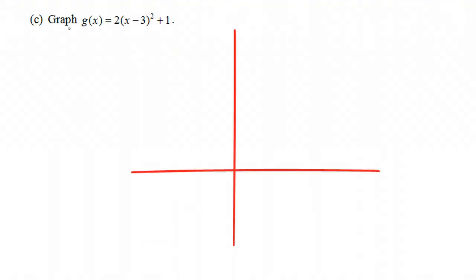So let's sketch the graph of g of x equals 2 times x minus 3 squared plus 1. If we go to the point 3 comma 1, that will be about right here somewhere. This would be 3. This would be 1. We know it's a parabola that opens upward because the coefficient, our a, ended up being 2,